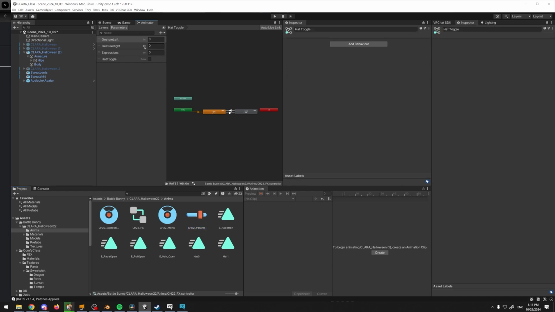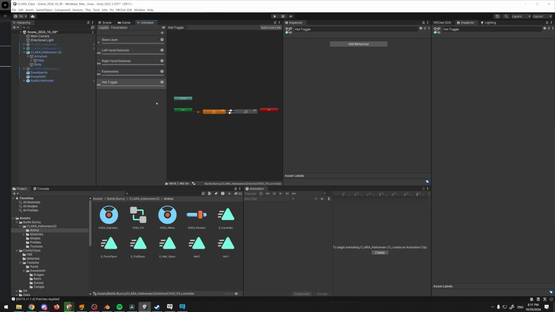So these parameters are what drive the actual states of the animator. If you have anything coming externally from the animator, like of course a toggle on your avatar, or a slider on your avatar, we're going to be discussing hue sliders today as well. You put it here. There are 4 different types: floats, bools, and triggers, which I actually am unfamiliar with, so won't